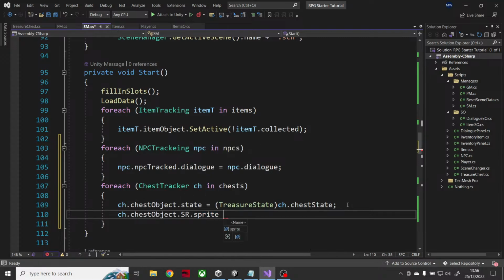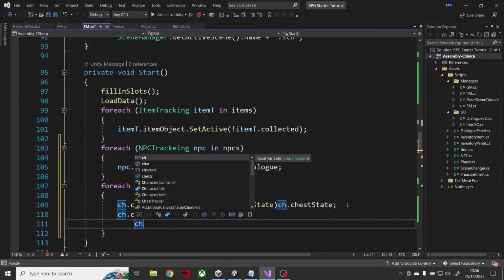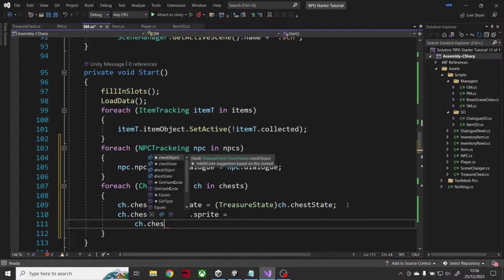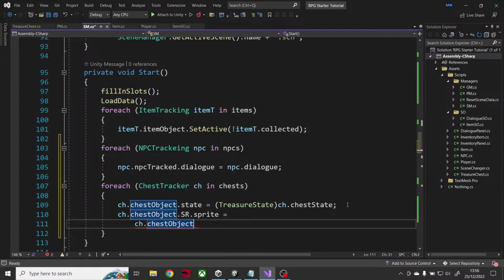So the sprite for it is going to be equal to, let's put a new line here. I don't know how long this is going to be. Ch dot our chest object and our looks. So the looks is that list of different graphics. So the sprite is coming from the looks, but I need to find the right sprite. I need to,